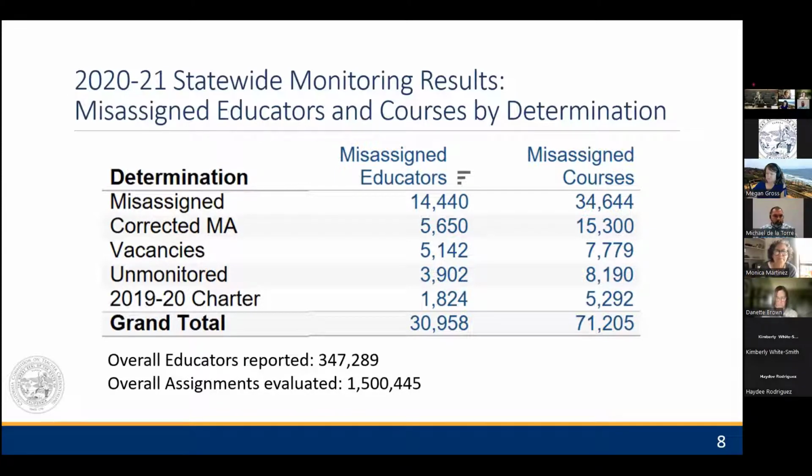It's important to highlight that educators can be misassigned to multiple course periods, but will only accrue one misassignment if those course periods are all of the same nature at the same school. Therefore, the number of misassigned courses is exponentially larger than the total number of misassignments. This table provides a comparison of misassigned educators and misassigned courses statewide. In total, there were